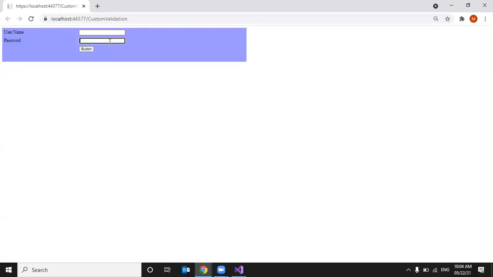Now see it. Previously, when we entered a value and clicked outside, it used to display the error message. Now, as I am validating at the server side, it will not know whether it is valid or not, right? So for that, I have to click the button. Now when I click the button, it is checking that the password should be minimum 6 characters. Now when I enter 6 characters, or more than 6, it is allowed, right?